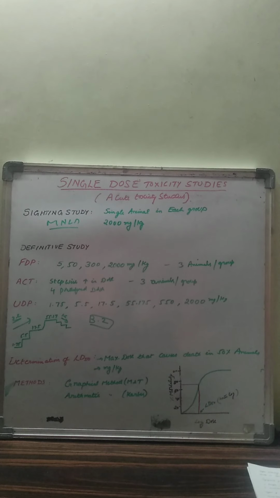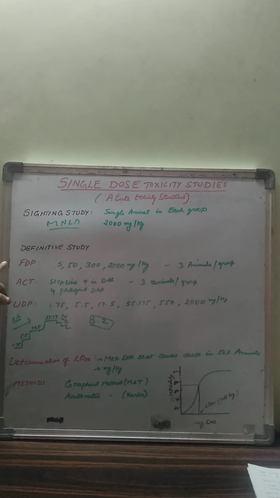So this is a very economical method, and here we are going to use only single animals, so that you can have a precise idea about the toxicity. Next, for example in the FDP method, we have different doses. You have to take the log doses and determine the LD50 values. What is LD50? It is the lethal dose 50, that means median lethal dose. It can also be called MLD.